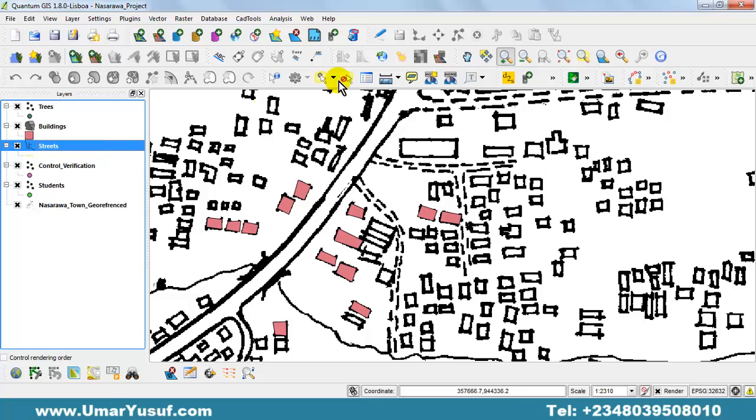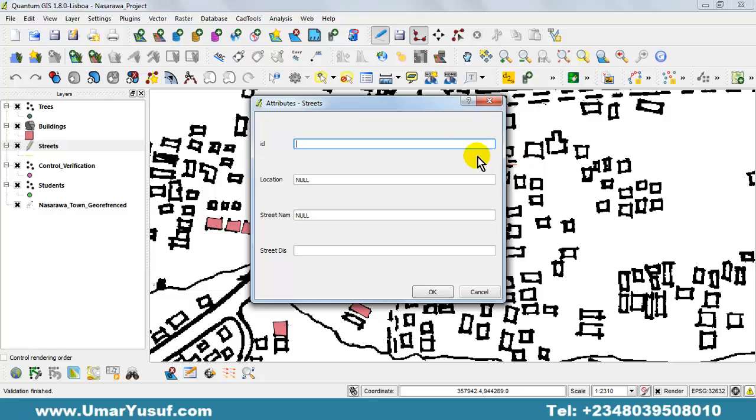Select the streets layer, click on toggle edit, then click on add feature, and then click along the path of your feature. Since it's a line feature, you follow the line feature to the end. So the road terminates somewhere here. So when you get to the end, instead of left clicking, you are going to right click. When you right click, the attribute table will come out as usual, and then you enter in the attribute information